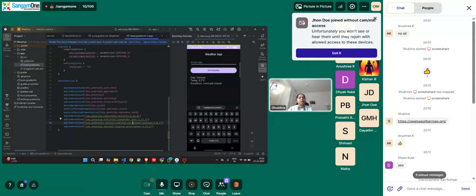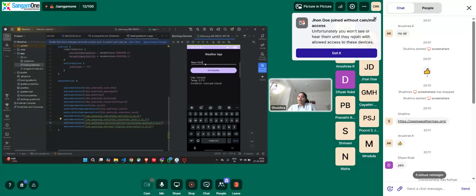So Retrofit helps you, let's say we weren't using Retrofit, we would be calling an API manually, opening an HTTP connection, handling thread safety. That means it has to run in the background or in the foreground. Then we'd have to parse the JSON into a class or an object. Oh, one more thing that was very interesting with Retrofit was when we enter New York,